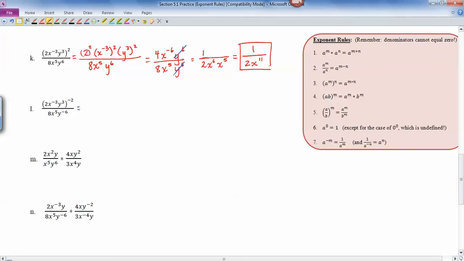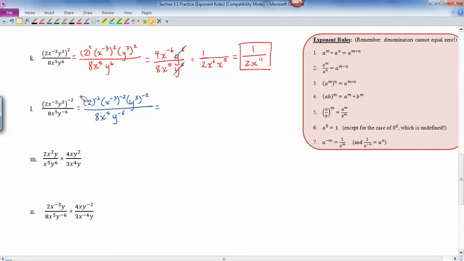let's see. Well, the whole top is to the negative 2. So if I move the entire, well, we can do this a couple ways. I could move the entire thing to the bottom and say it's that squared times this, and then it's just a 1 on top. Or I could distribute that negative 2 essentially on top, and so it becomes 2 to the negative 2 times x to the negative 3 to the negative 2 times y cubed to the negative 2, all over 8x to the 5th, y to the negative 6th. And then if I work that out, well,